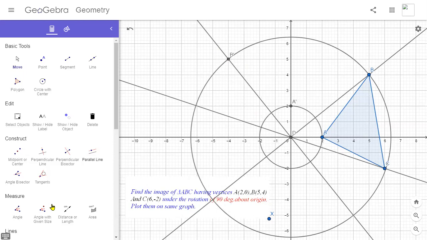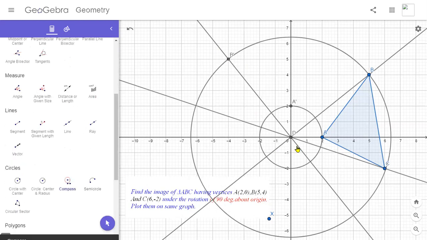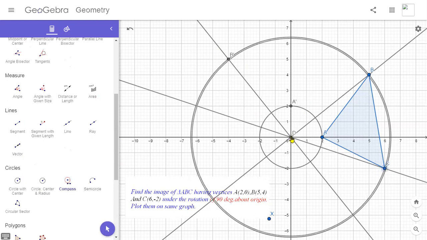Doing the same thing for the vertex C also. First of all let me make the circle with the radius DC. This is the circle with the radius DC, and the center of the circle should be at this point. These points nearly coincide. These circles look like coincident circles; this inner circle is the one.